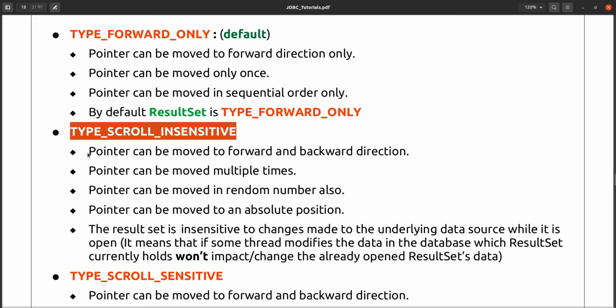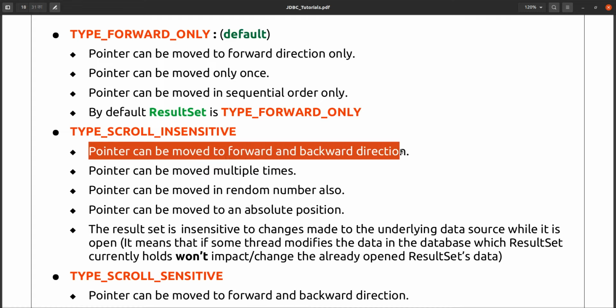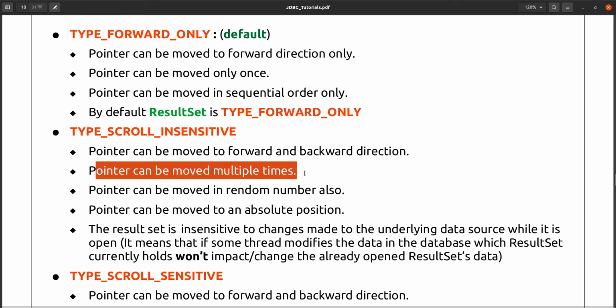What is the meaning of type scroll insensitive? It means the pointer can be moved in both forward and backward directions. The pointer can be moved multiple times: one time you traverse in the forward direction, next time you can traverse the result set in the backward direction, and you can traverse multiple times.